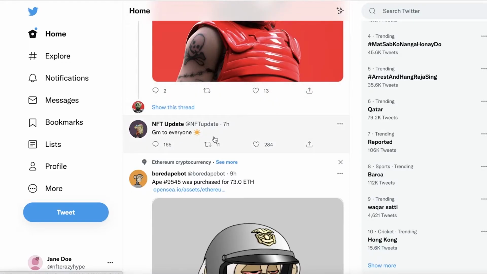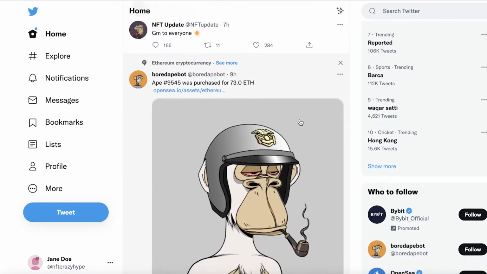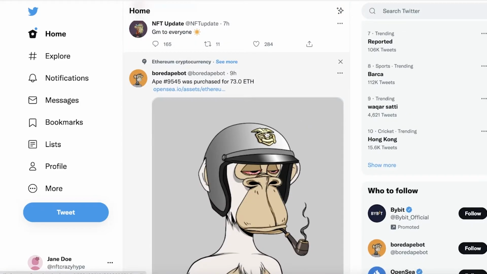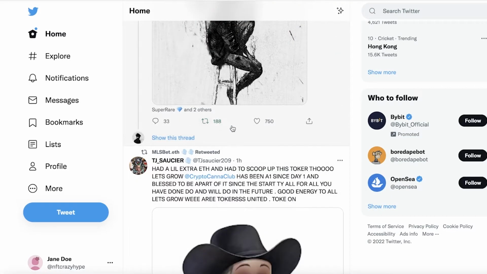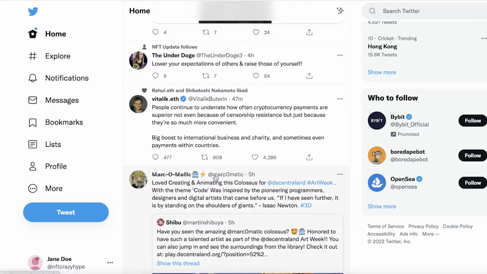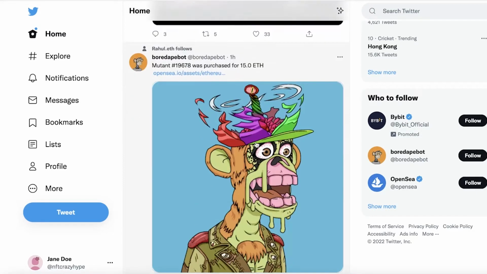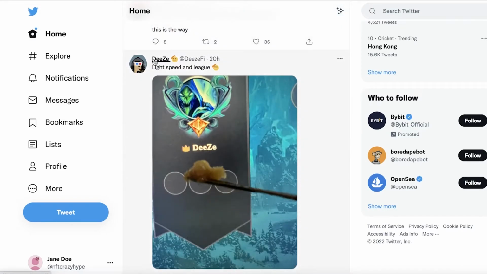Now, you can leave a bot to do that. You can leave the bot running for a couple of hours, and then you can also do some organic interaction, which is even more important. So make sure you are following some of the larger influencers, and that is what I am talking about in the NFT gold list. Now, you might be seeing a bunch of different NFT influencers that have thousands of followers,